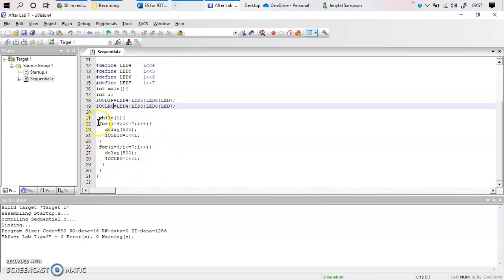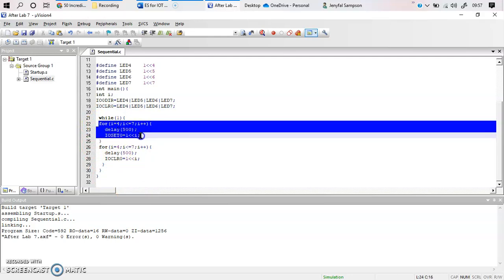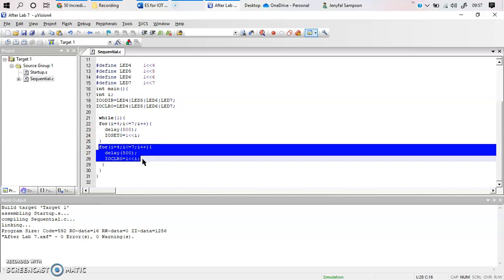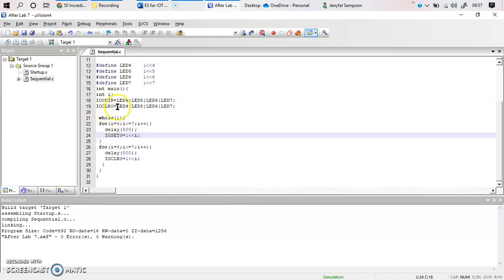In this you see that you have two loops. One loop is for turning on the LEDs sequentially one after the other, and the other loop is for turning off the LEDs sequentially one after the other. We'll be looking into what is happening here. We have 4 LEDs starting with 4 and ending with 7. You're going to give i equal to 4, i less than or equal to 7. First you give the i value, and that is set. Please remember, i equals 4, that value is set over here. Next you're going to increment it and check whether it is less than 7.